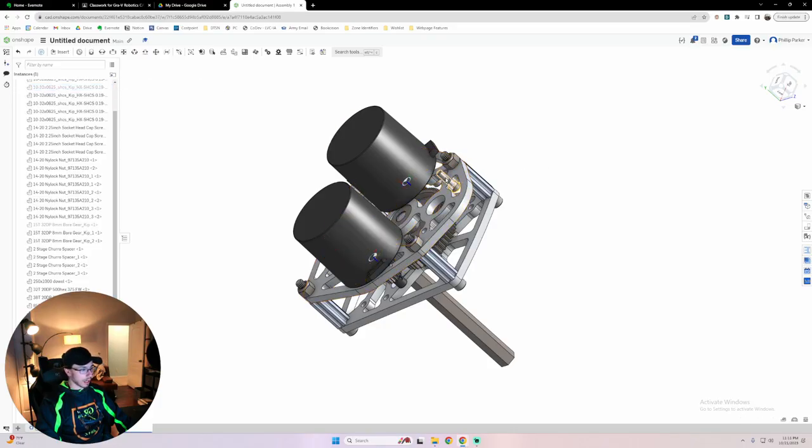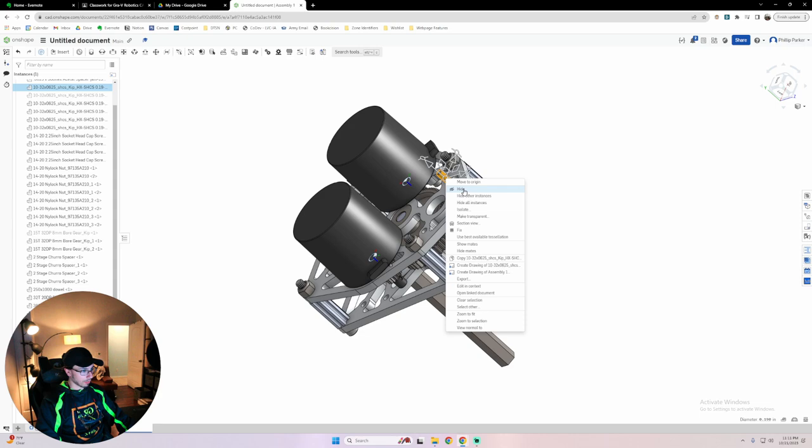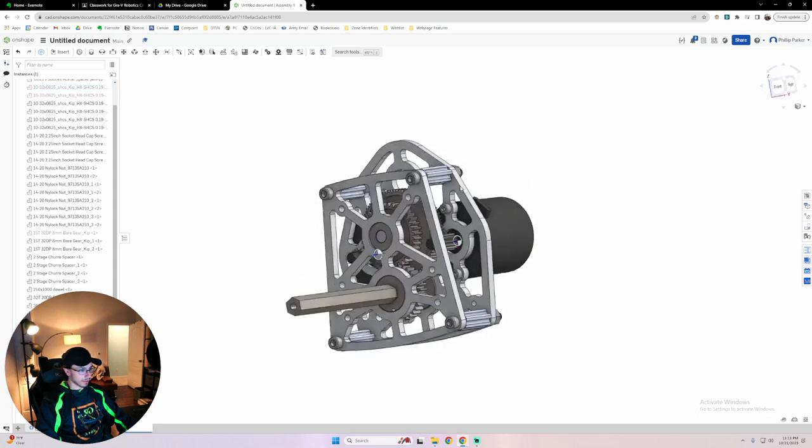I can click the I to hide it, or I can right click and notice how it has the eye icon and it says hide. Okay, so